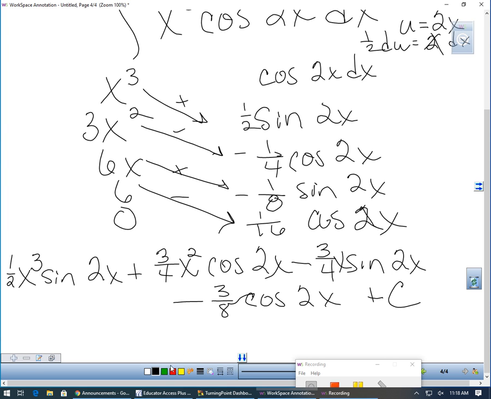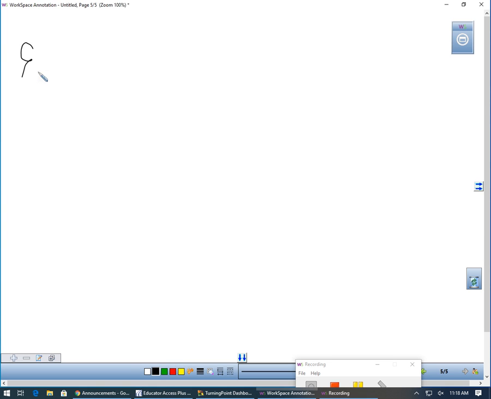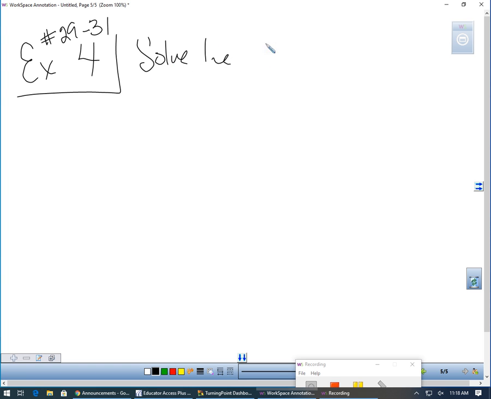Okay. And then the last section we're going to do, 29 through 31. Last example. Example number 4. 29 through 31. And then the rest of the problems, there's an application one, and then there's a couple multiple choice ones at the end of that assignment. Okay, multiple choice are similar to what you might see on like the AP test, so I wanted to start including some of those. So in this one, the directions are going to say solve the differential